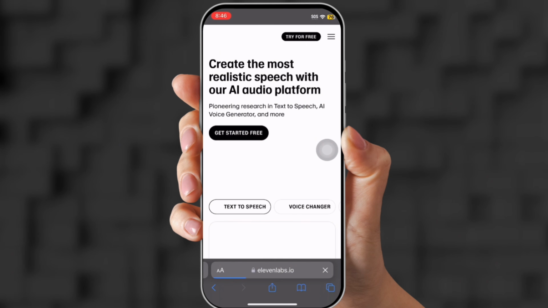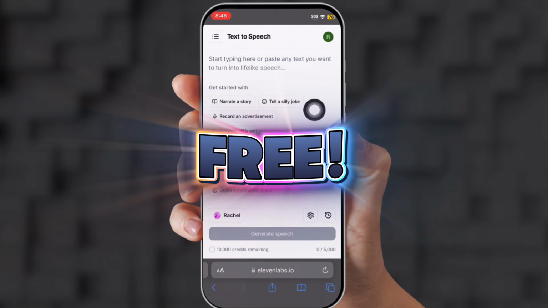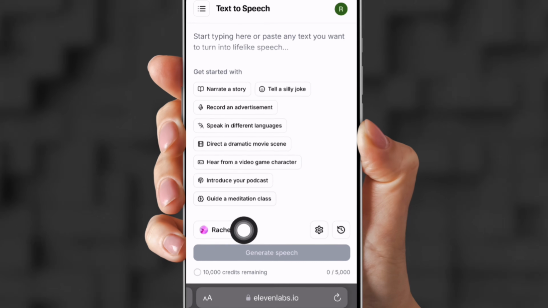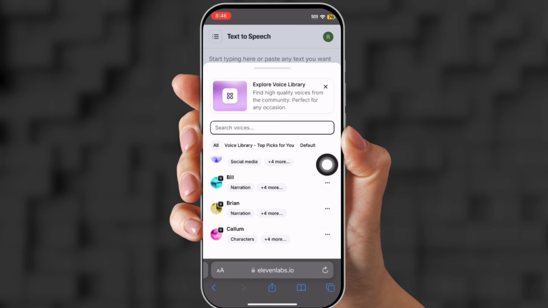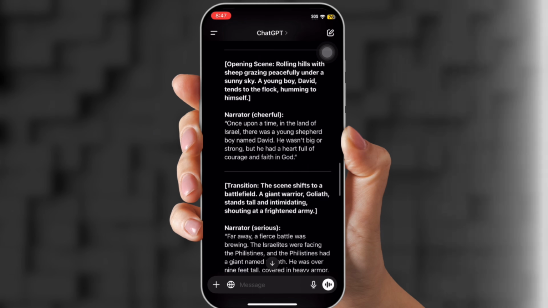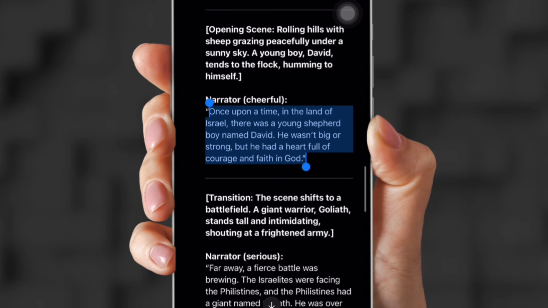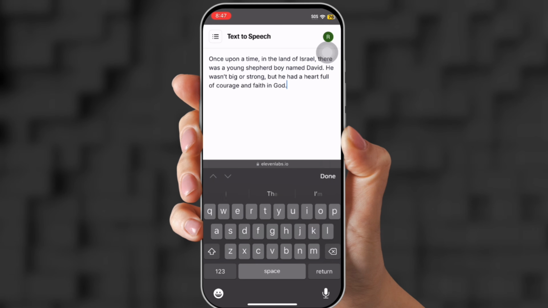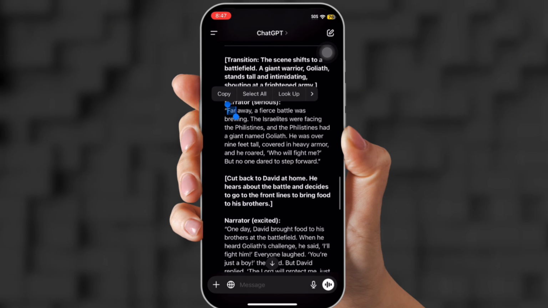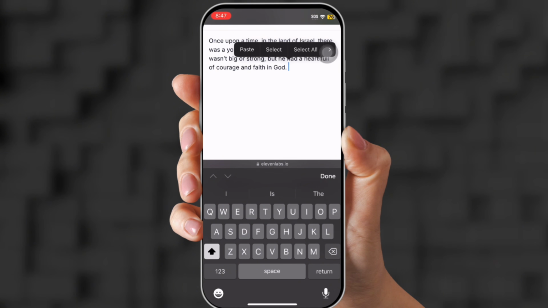Now we need a voiceover, so we come on over to 11 Labs, and I'm using the free account. So you're going to go down to the bottom and you're going to click the voiceovers. These voiceovers are very realistic. They're the best voiceovers ever. So we're going to come back over and you're going to copy the narration. All the parts where the narrator is, you're going to go over, copy, and then paste it back into 11 Labs. Just one by one.